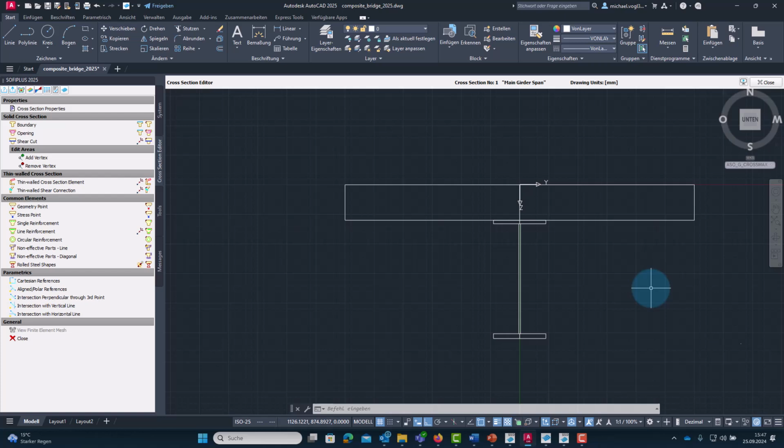Now we can draw the thin-walled elements for the cross-section.